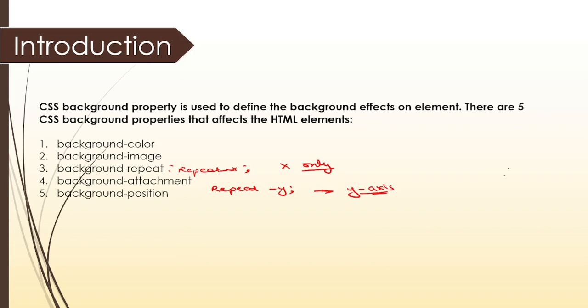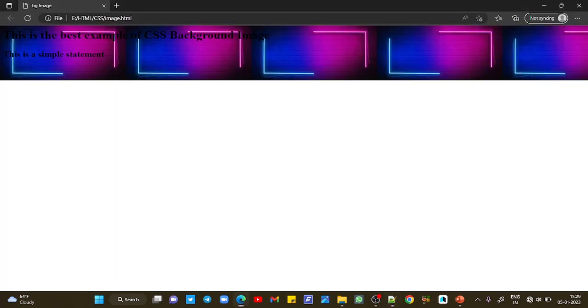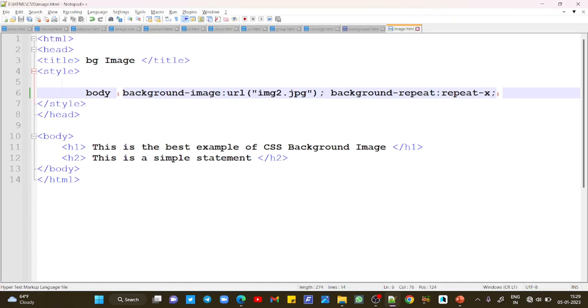So you can see this is the x axis and this direction is the y axis. I have used background-repeat x here. That means our background image will repeat only on the x axis. Now if you change this repeat-x to repeat-y